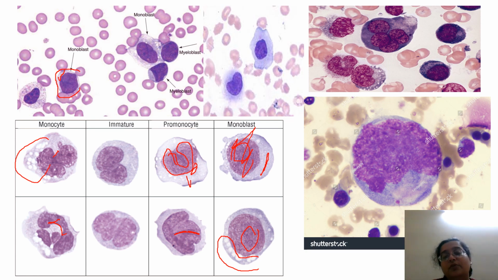So immature monocytes, promonocytes and monoblasts, if you see in a smear, be very careful. See, this is a myeloblast, this is a monoblast, looking similar, but look at the amount of cytoplasm and vacuolation. Okay, and here you can see a myeloblast with rod. This is some sort of a cupping over here. Okay, this is erythroblast, gigantoblast, CDA में भी मिलते हैं, which is not a leukemia. This is a megakaryoblast.